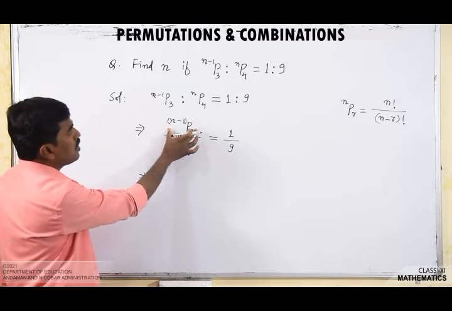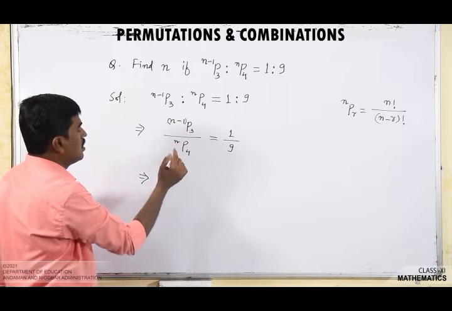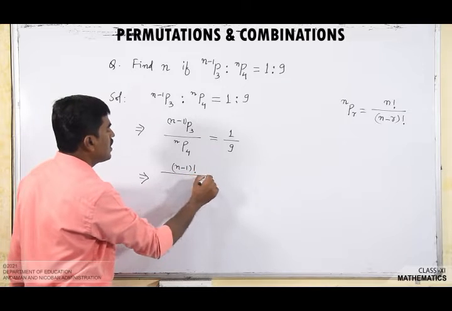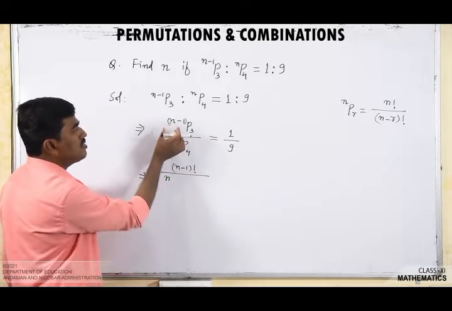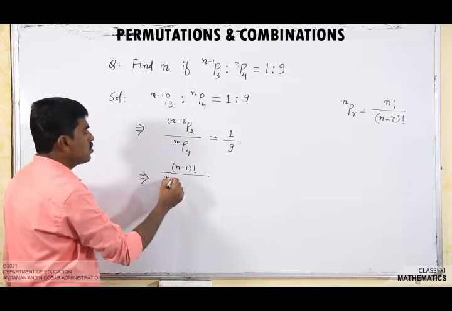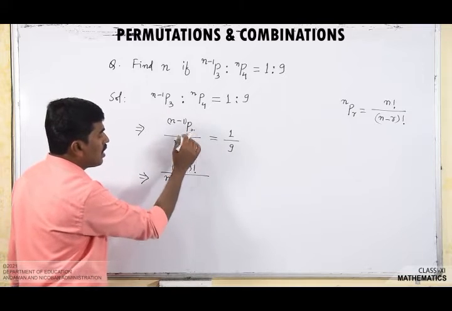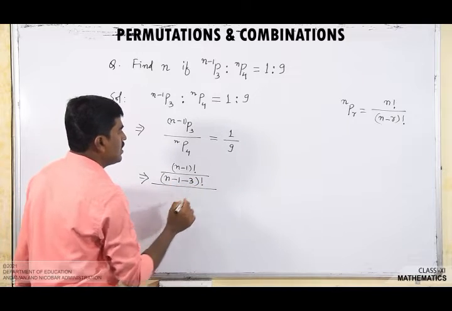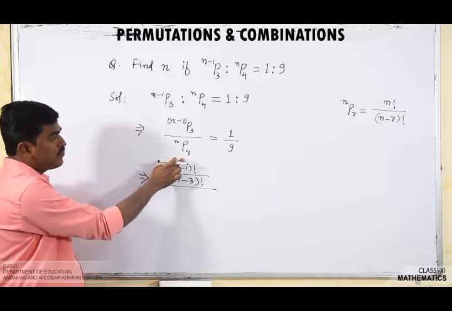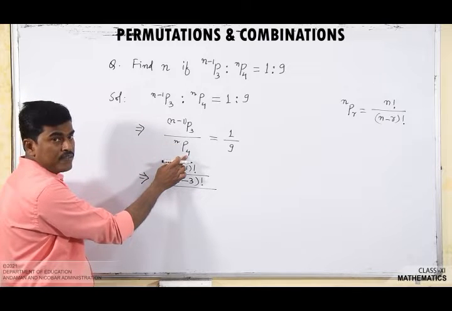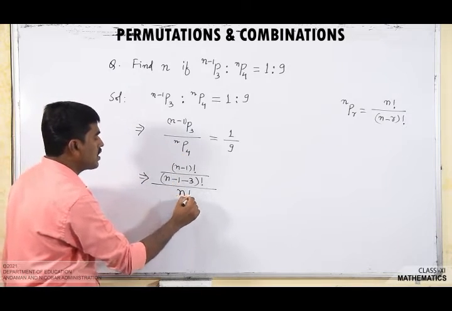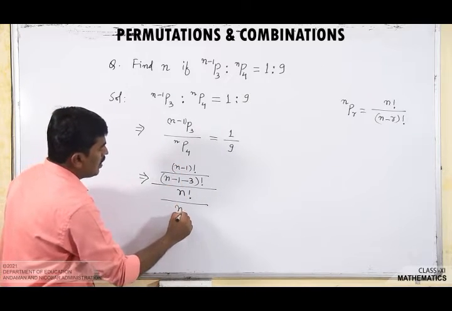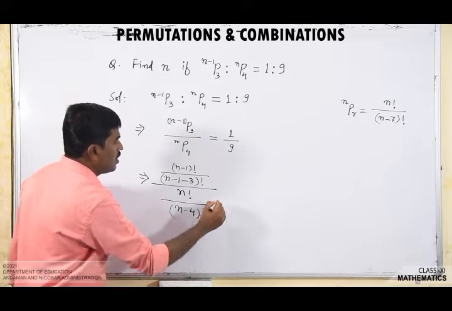So (n minus 1)P3 is (n minus 1) whole factorial divided by (n minus 1 minus 3) whole factorial, divided by, now it is nP4, so here the value of r is 4, so write it as n factorial divided by (n minus 4) whole factorial,